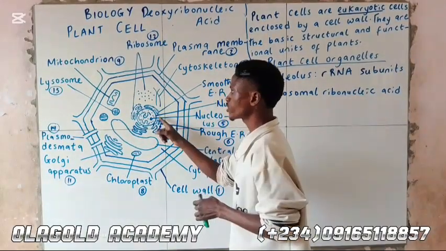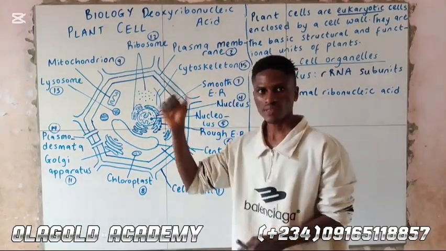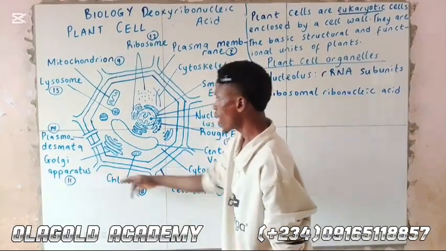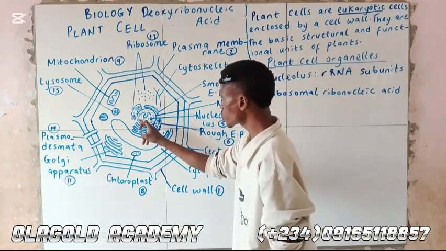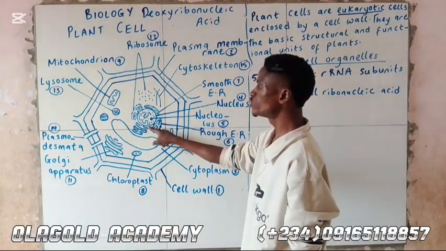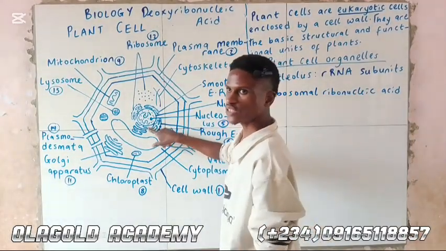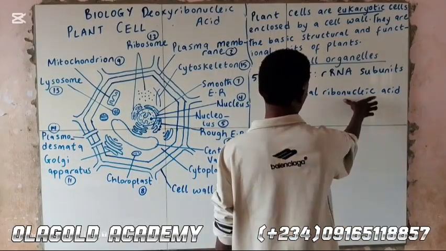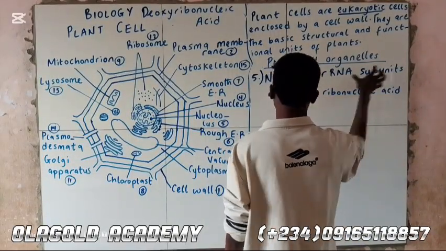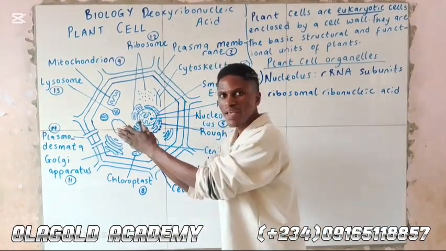The nucleus also has its own opening, just like the cell has its own opening. The nuclear pores is the opening of the nucleus. Now, these ribosomal ribonucleic acid subunits pass through the nuclear pores,